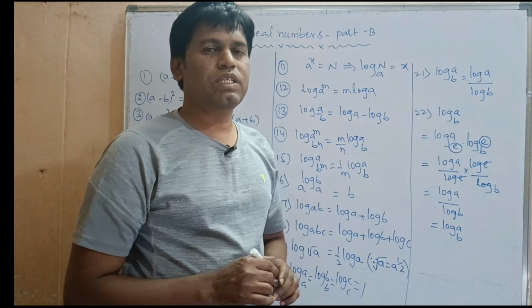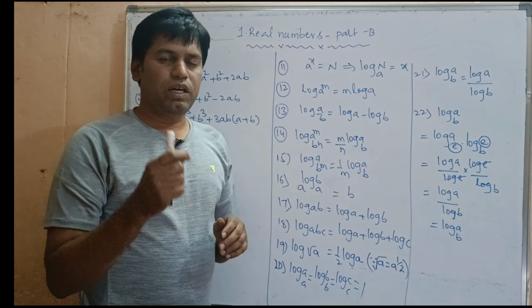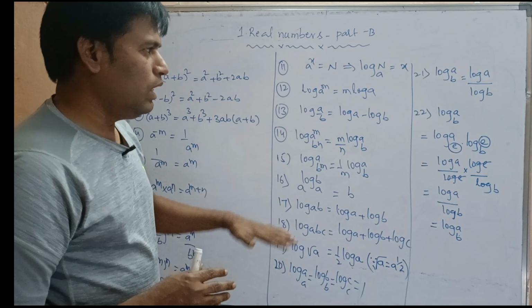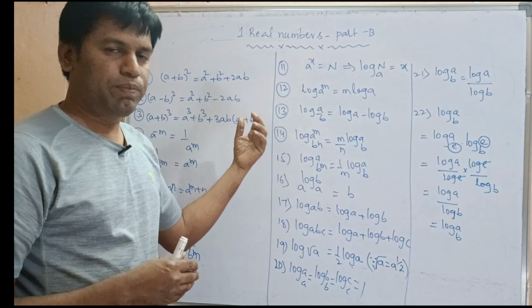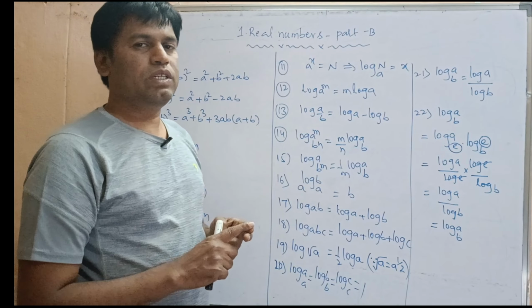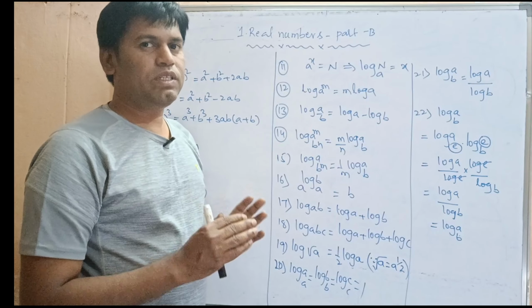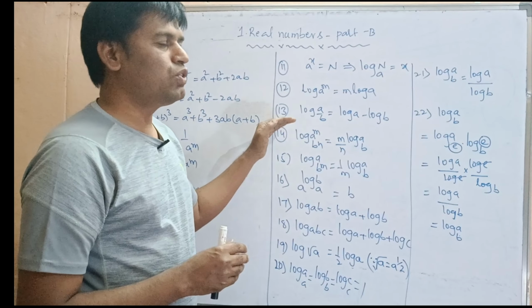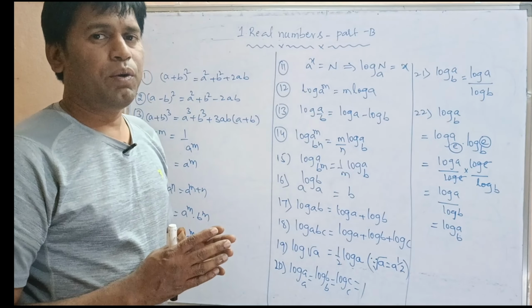Okay, these are the formulas. You can observe all the formulas. Every method depends only on these formulas. That's why, if you prepare these formulas, the 2 marks questions and 1 mark questions, that is, part B questions, are so much easier for you. That's why you should compulsorily learn these formulas. Next you can observe the methods.